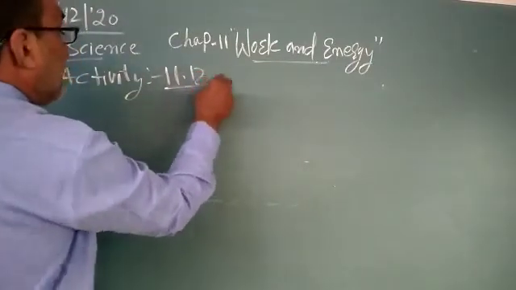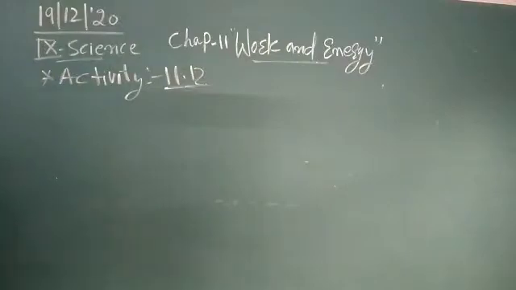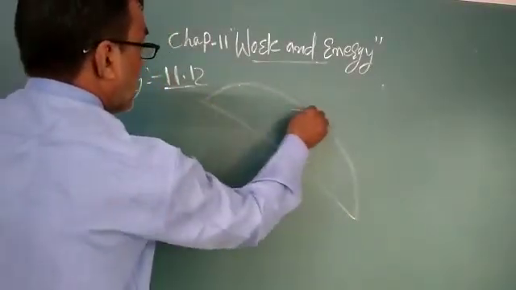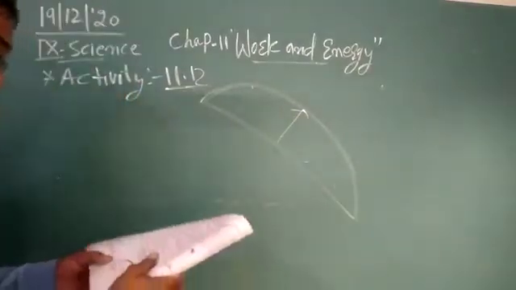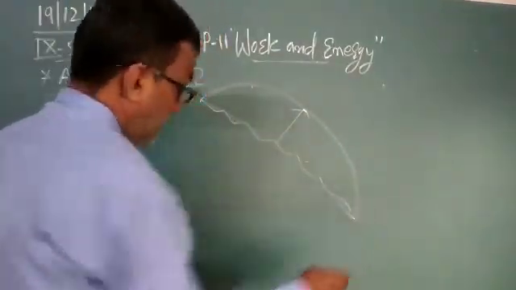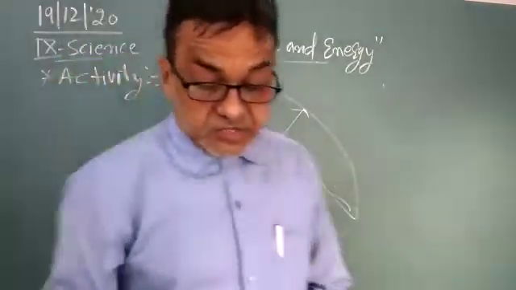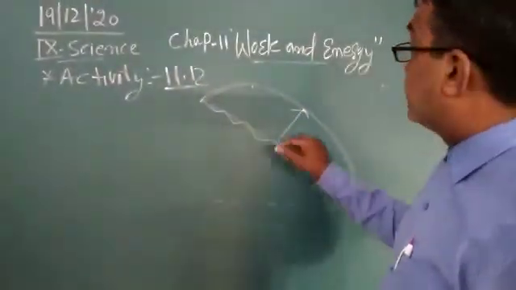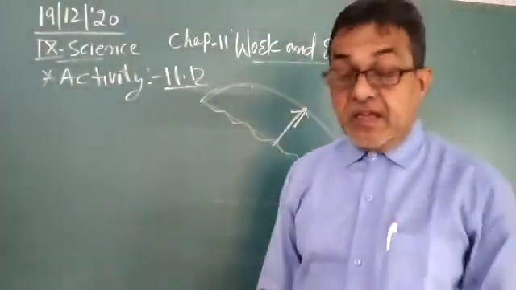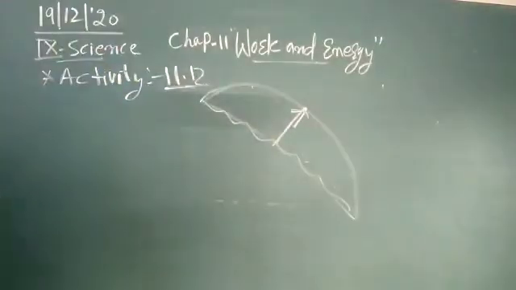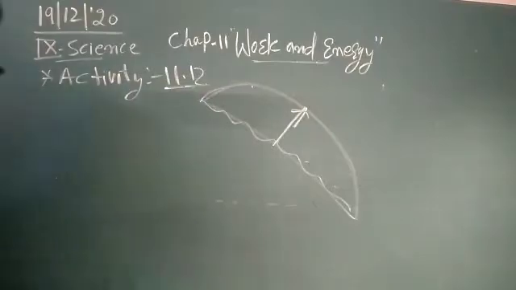Now another activity, number 11.12. In this activity, you will take a bamboo stick and a string and make a bow as shown in this figure. Place an arrow made by the light stick. So you make one arrow made by the light stick. Then the arrow flies off the bow. Now note down: by this activity we can say that the arrow and the stretched string